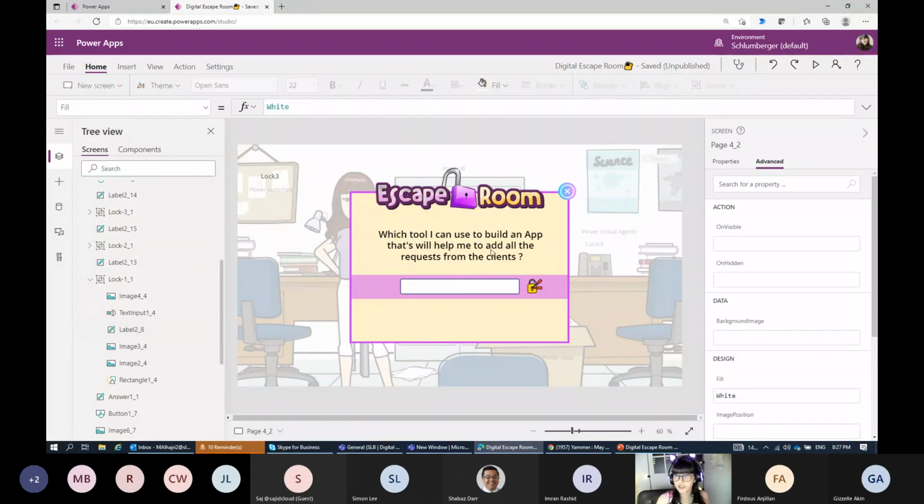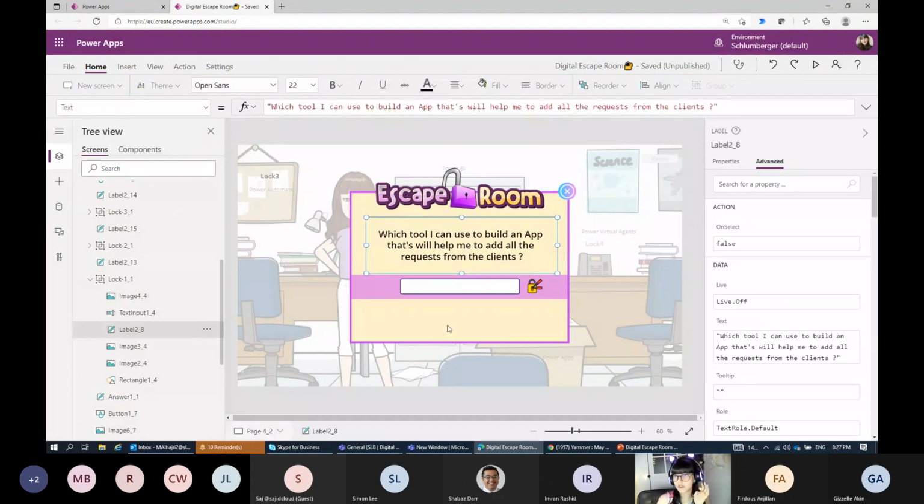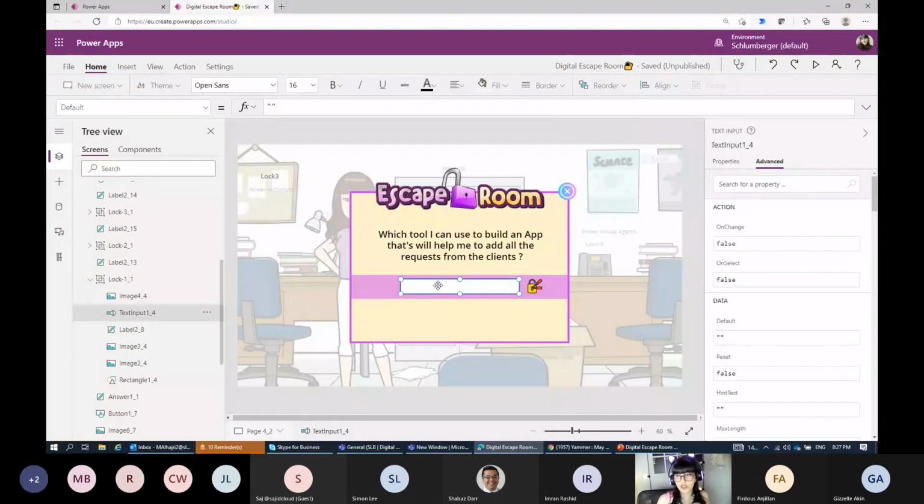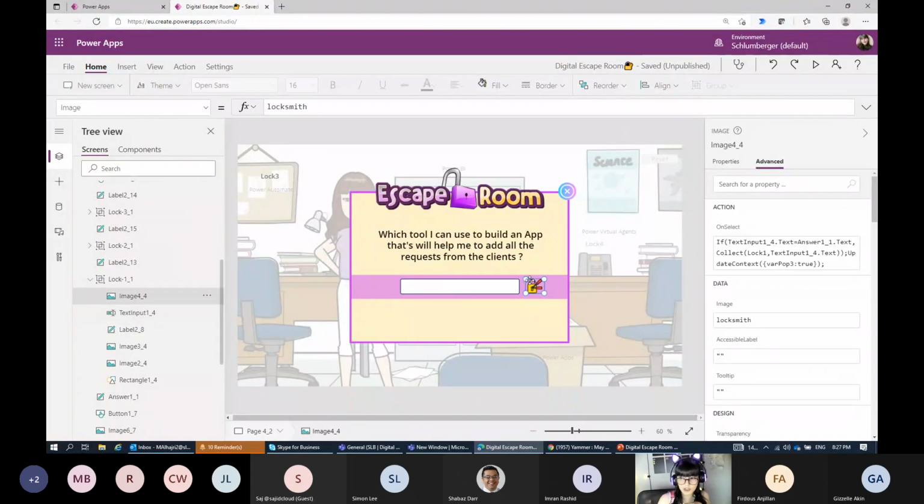Okay, so here the label, the question that I have, is already written as a text within the application. The main thing actually is here within this icon. So here I have a text input, where the user is entering the answer. And once they click here on this icon, actually, a few things will happen.